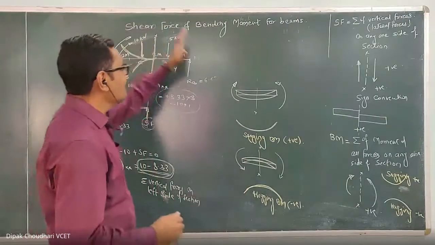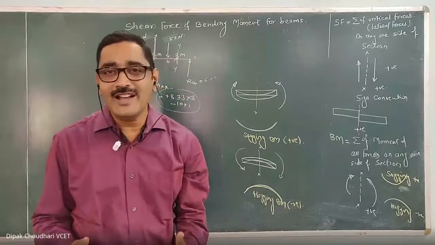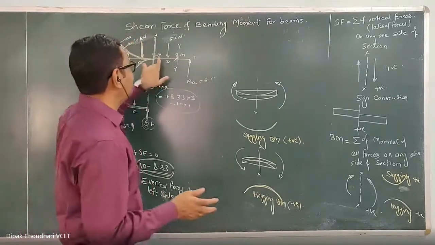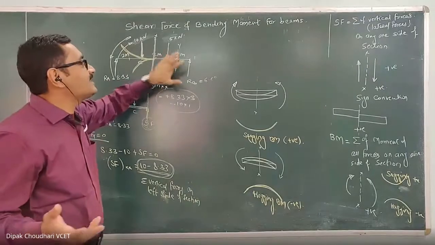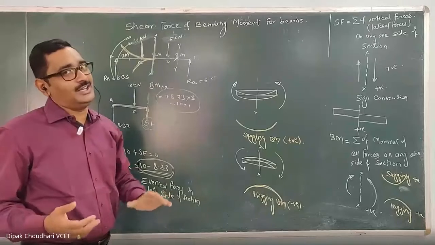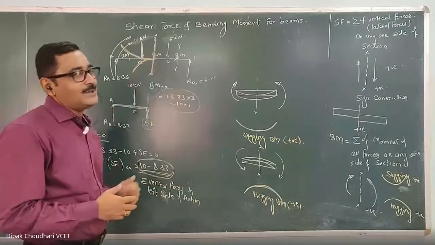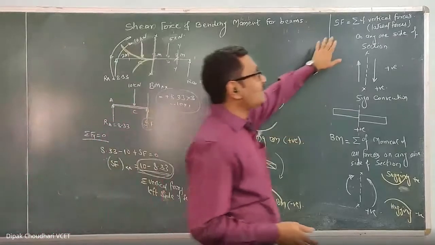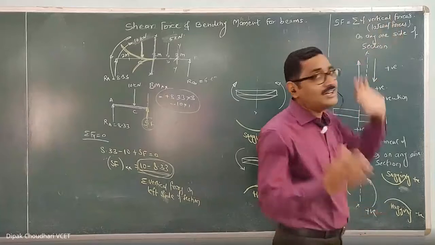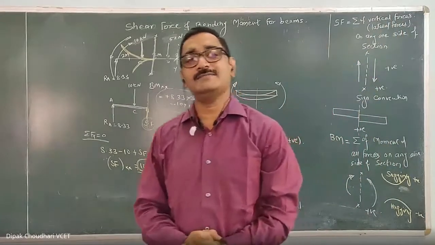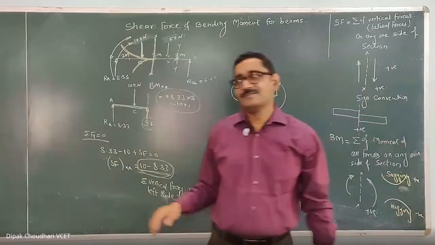And that's why, whenever I ask to calculate the shear force and bending moment, I always say, if I want to calculate the shear force at point D, consider the imaginary section at point D. And then how to calculate the shear force at any particular section? Shear force at any particular section is nothing but the algebraic summation of the vertical or lateral forces on any one side of the section.